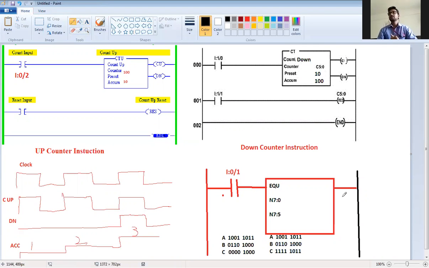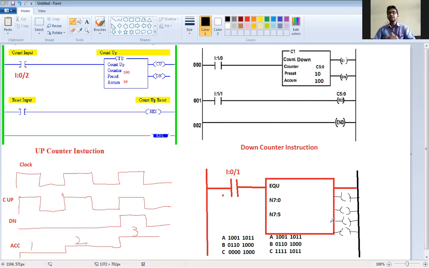Let us say suppose I draw like this. So multiple outputs will be there. It is up to you which output you will choose. See, I am drawing multiple outputs. Like here, we are having two outputs in case of counter. Similarly, here multiple outputs are there for this EQU instruction. So one output will be that A is not equal to B. This is one type of output. A is equal to B. This is the second type of output.